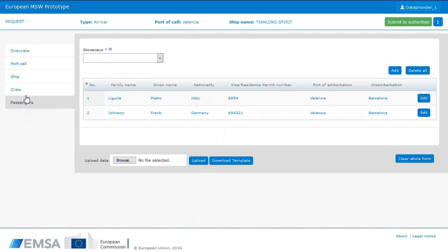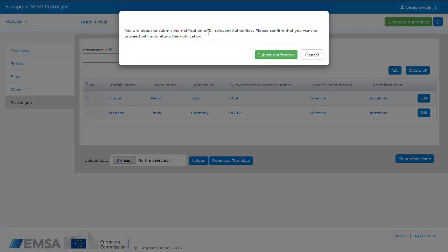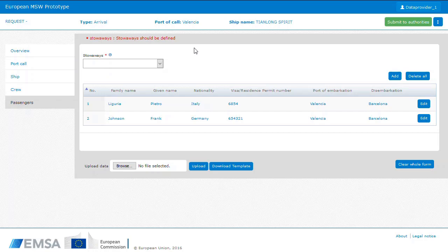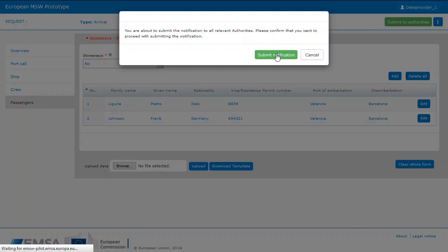Once we have submitted or entered all the information that we want for each of the tabs, we click on Submit to Authorities. You have to confirm that you would like to submit the request to all the relevant authorities. If there is any missing mandatory information, such as, for example, the stowaways here, which is marked as mandatory with the red asterisk, it is shown in an error message. So we define that we haven't any stowaways in our request. We submit back and confirm,